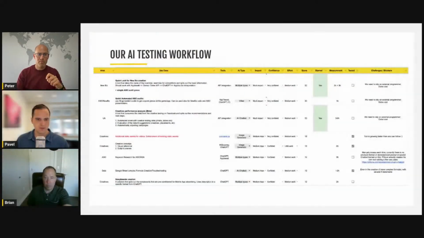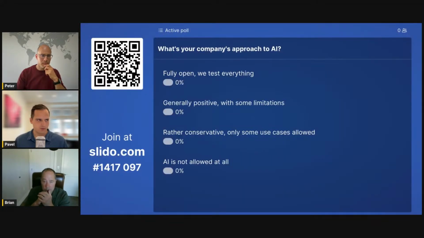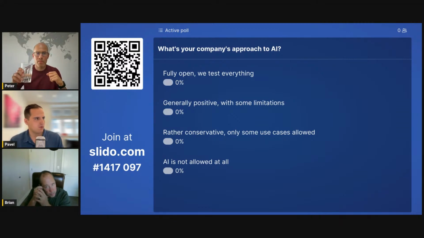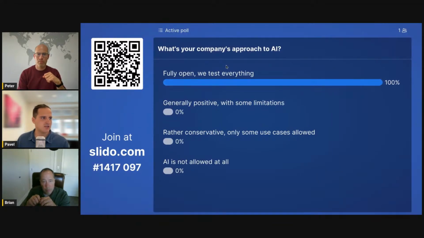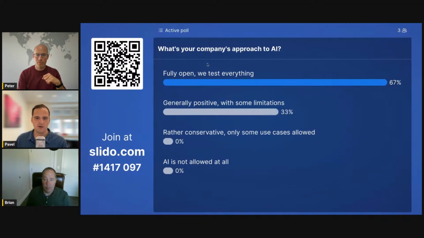Makes sense. I'm curious to hear what the audience has to say about this. Those of you in the audience participating, please let's hear what your company's approach is to AI. Does it even have one? Is it rather conservative, only some use cases allowed? Is it generally positive with some limitations? Or is it more of a fully open, let's test everything we can, this is the future, we need to stay on top of this? So yeah, couple minutes, just really quick, just out of curiosity, I want to hear how the audience's companies are